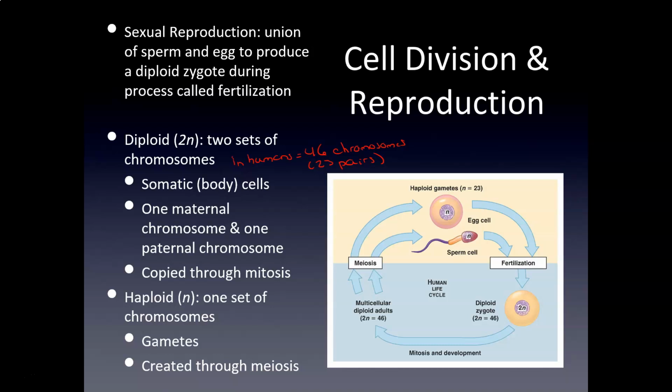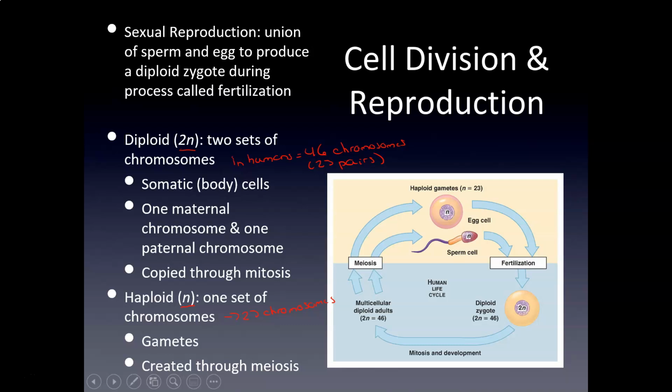If I look at my haploid cells in humans, those are our gametes. These get created via meiosis, and these are 23 chromosomes, so they only have a single set. Now a point I want to make here is that we actually designate this with these sort of mathematical